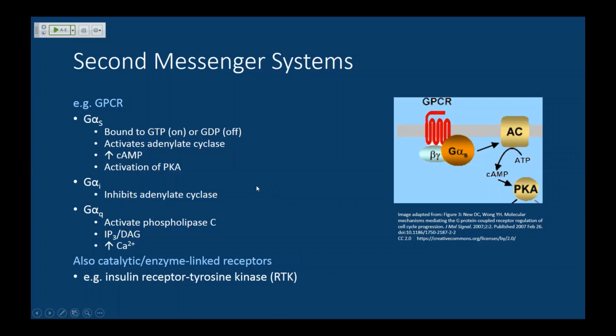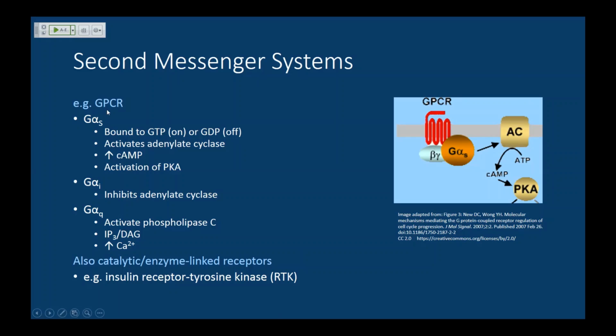If we're dealing with other G proteins, we could have inhibitory, which does the exact opposite of stimulatory. So inhibitory is going to inhibit adenylate cyclase. And then we have one called the GQ protein, which has a completely different mechanism. And this one activates phospholipase C, produces IP3 and diacylglycerol, which eventually leads to increase in intracellular calcium. Again, that stuff is not essential for this lecture, but it's something you're going to have to learn at some point.